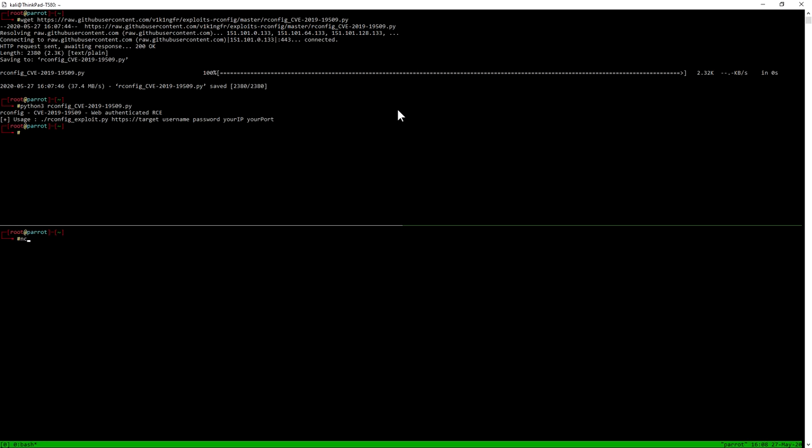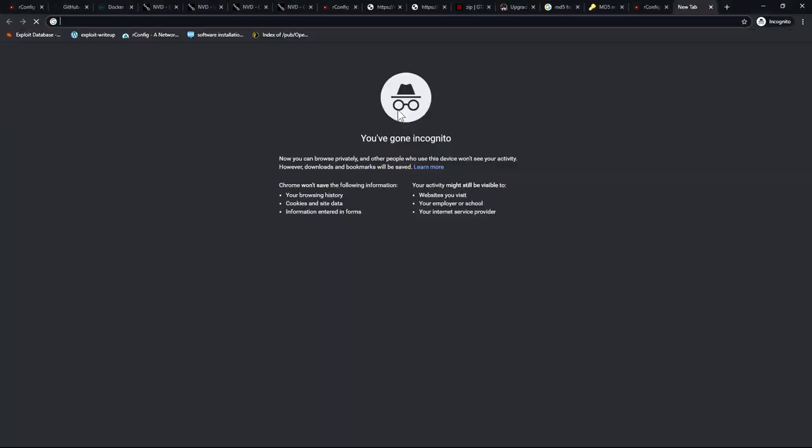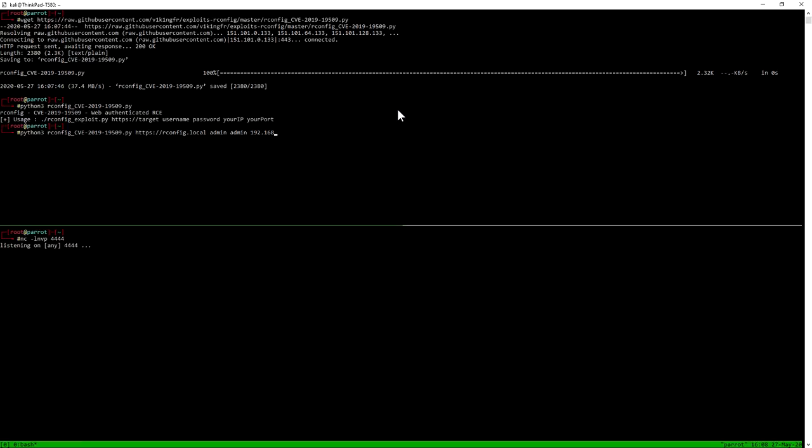Before that, let me set up a Netcat listener on my system. And by using this POC, we are able to get a shell on the system.